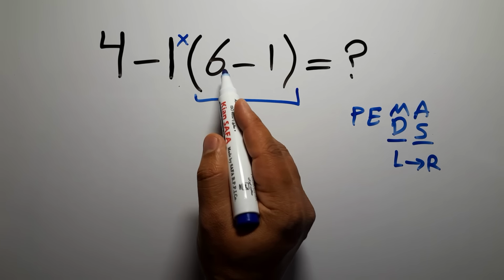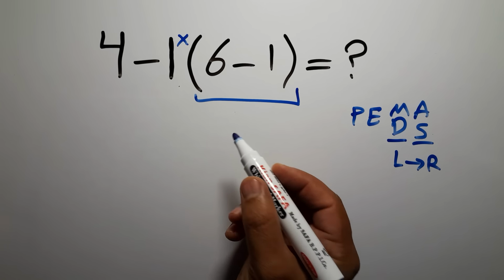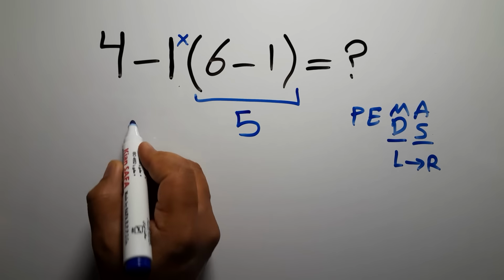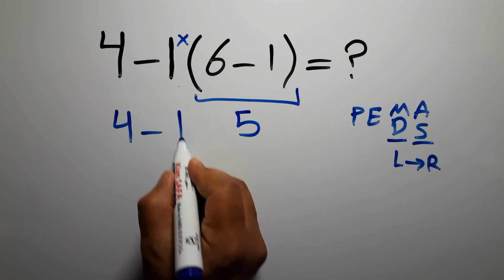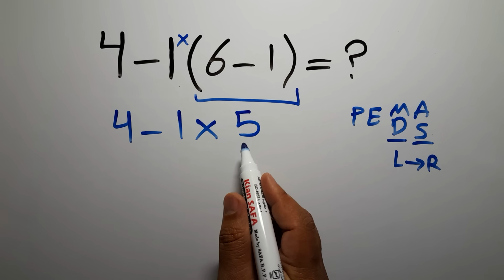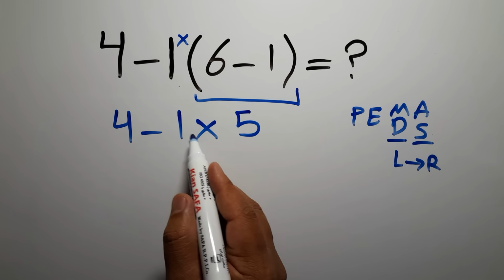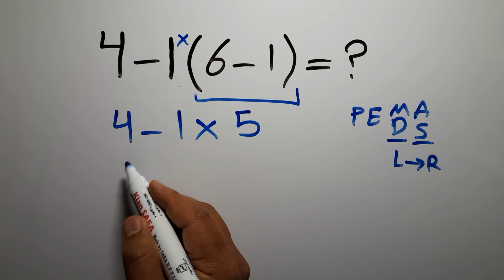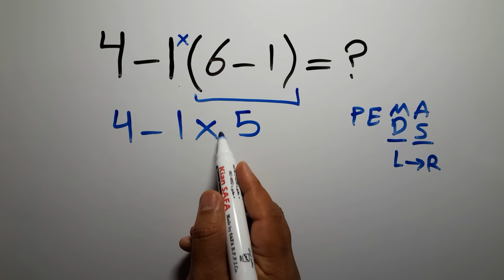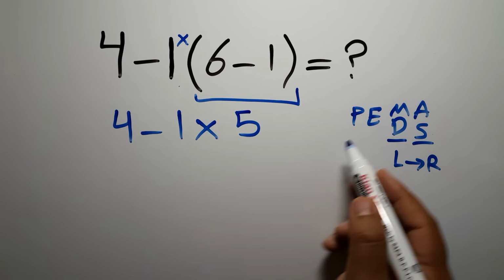Inside this parenthesis we have 6 minus 1, which equals 5. So 4 minus 1 times 5. Okay, now we have one multiplication and one subtraction. Now we have to do this multiplication, because in PEMDAS